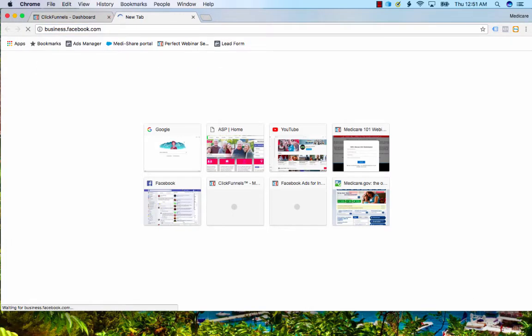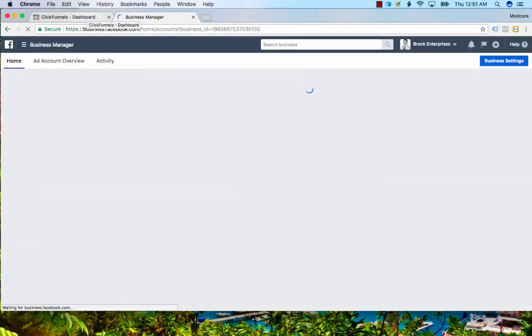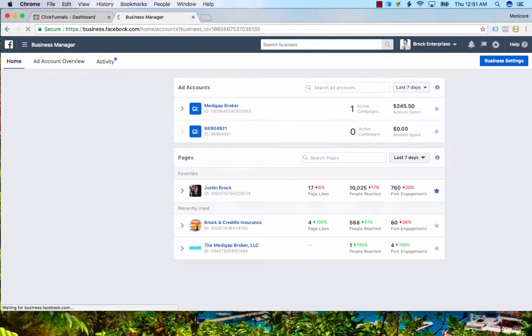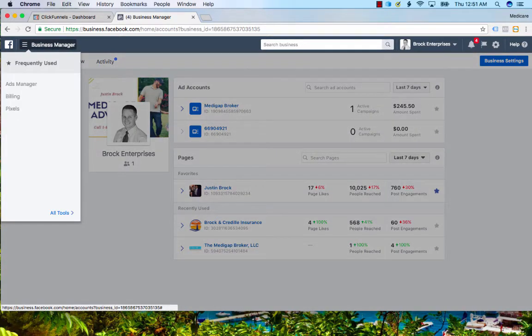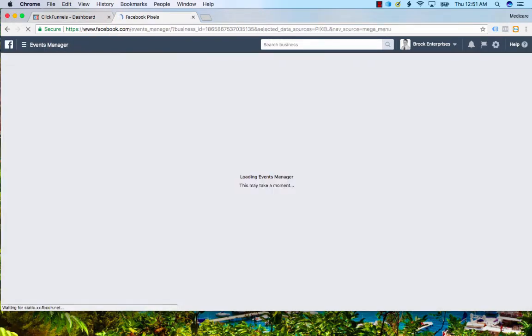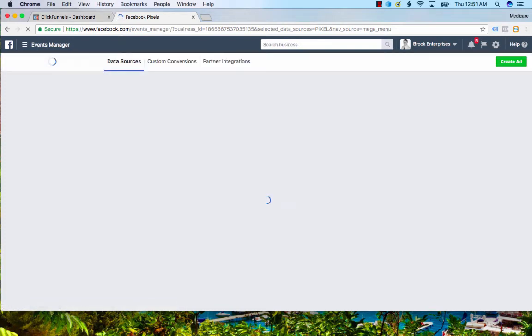I'm going to go into Facebook here. Okay, so I'm going into my business.facebook.com account. And you can do this under the regular Facebook Manager, Ads Manager too. It's the same concept. But when you click Business Manager, you'll see pixels here. Okay. Let's see here. So under pixels,